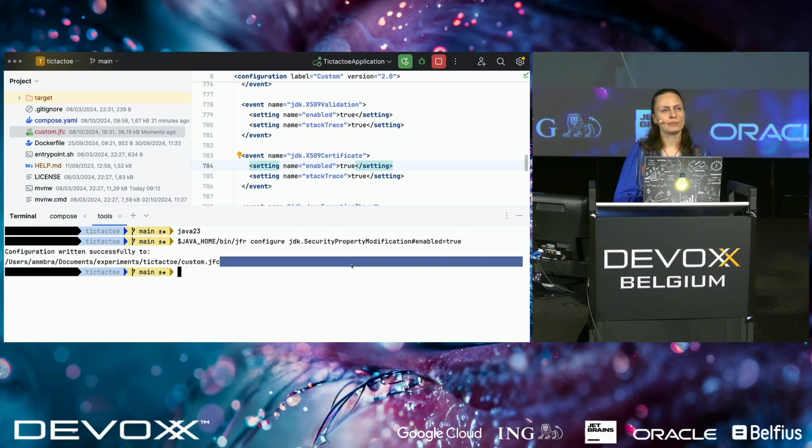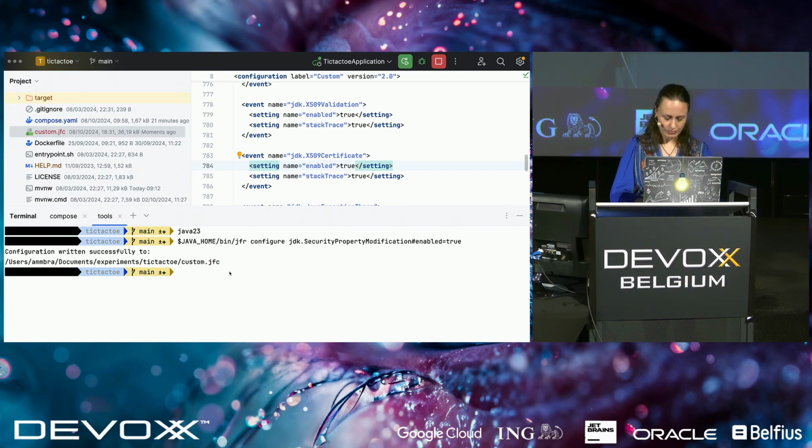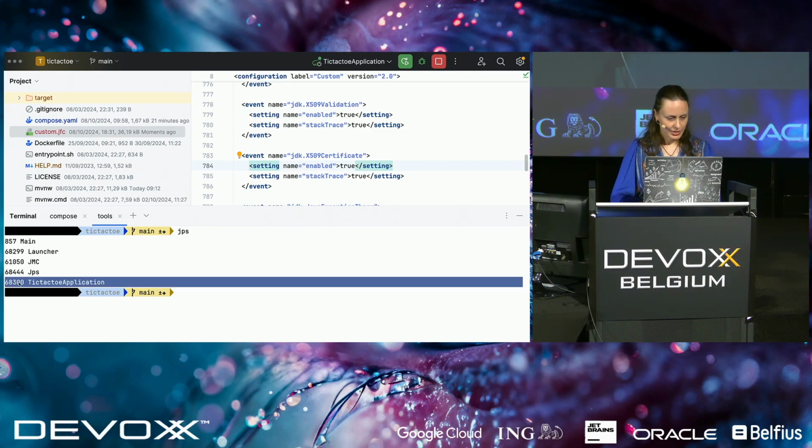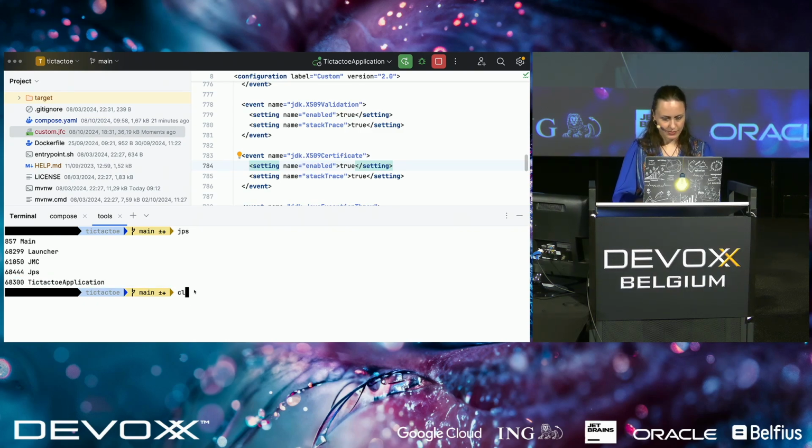Great, but I already started my application. So how do I profile it? Well, I don't want to restart it. I'm going to be lazy, so I'm just going to clear this. And since this is my local, I can search for the process of it and just take this ID from here. I use JPS to find the LLVM ID and use jcmd to start,